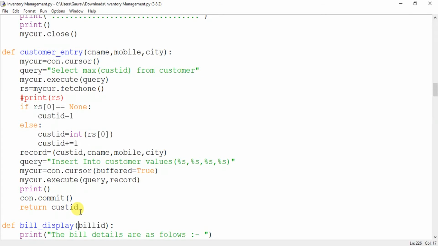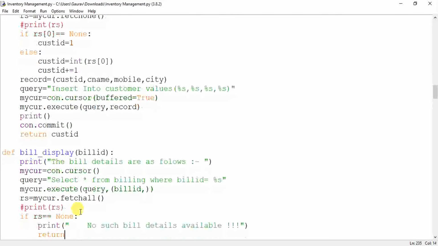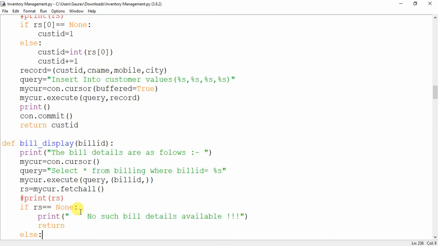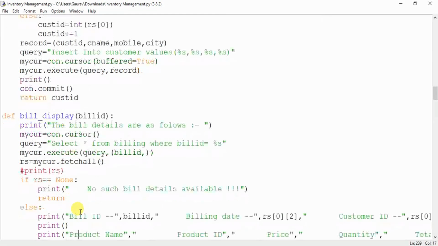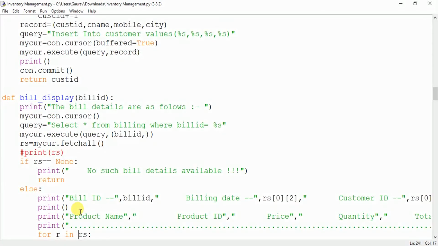Okay, so next function is bill display. This function will be called at the end of the billing session. When you have purchased all the products, then this bill will be generated depending upon the billing table.